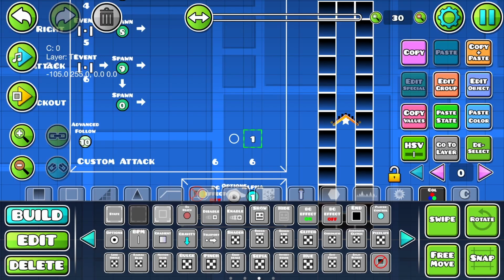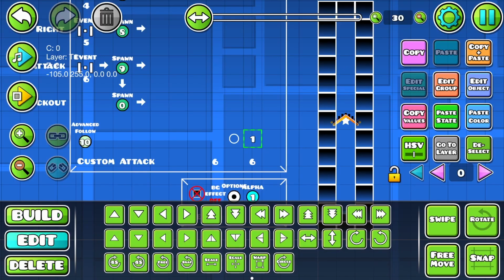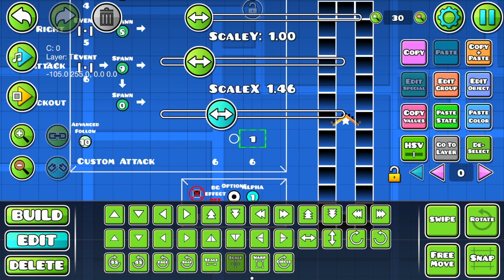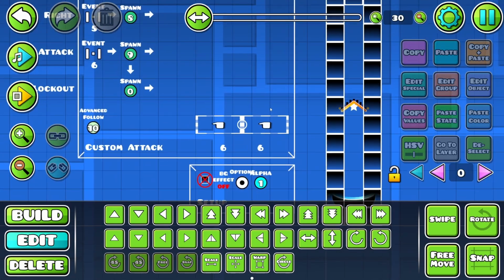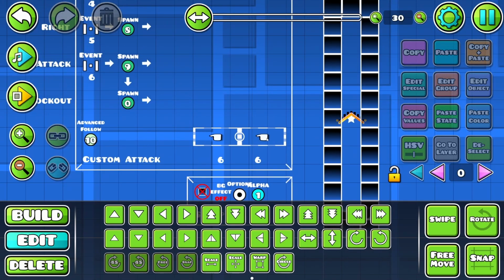Because if you want a custom attack, you probably want to hit something. And for this, you need to use collision boxes or collision blocks. And I usually like to have the block ID 1 saved for custom attack, so it makes things much easier when you're just checking if it collides, because you always remember it's the block ID 1 you need to check